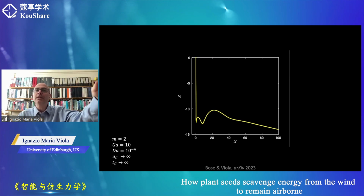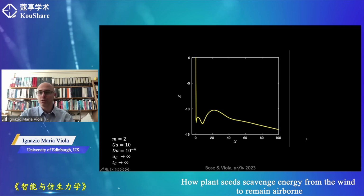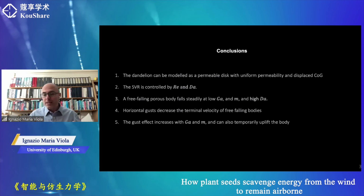It moves up, and only after a long period of time, it will actually start falling down again. And here you see that the dandelion starts falling at its own terminal velocity together with the horizontal motion of the wind. All right, so in conclusion, what I wanted to convey today was that we have indeed persuaded ourselves